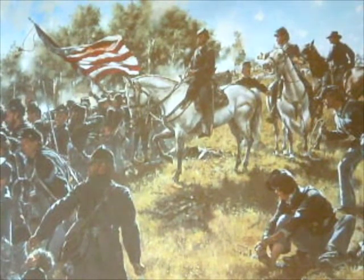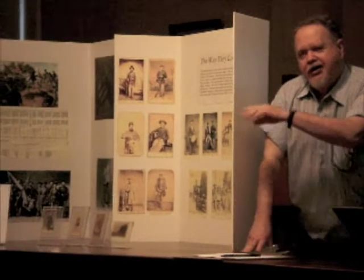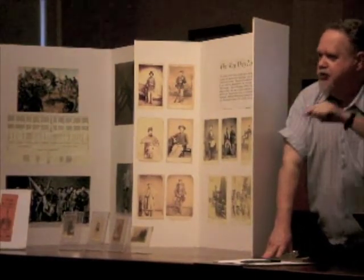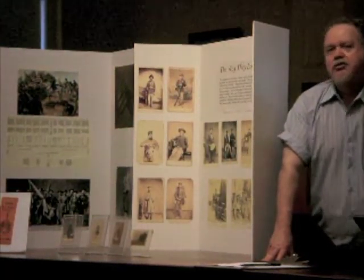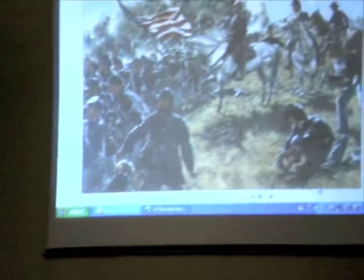Something that's on my board, on the far board, the center thing in the middle, is something I've never seen in any other regimental history. It's at Gettysburg, and it shows where every man was supposed to be in the line of battle at this point. I've never seen that done by any other regiment. That just shows you what the 124th thought of their stand at Gettysburg, how important it was to them. Well, anyway,